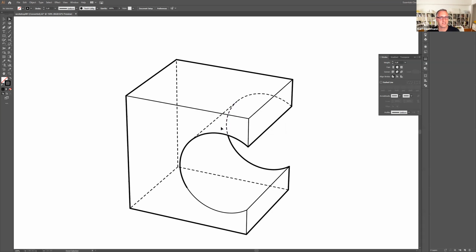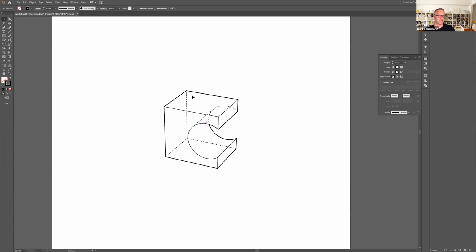Well, anyway, let's see. Starting to be more specific about some of these lines and starting to develop a really kind of simple drawing